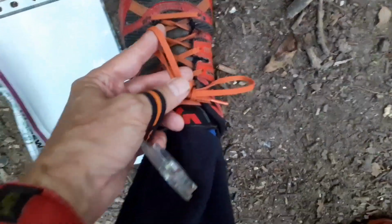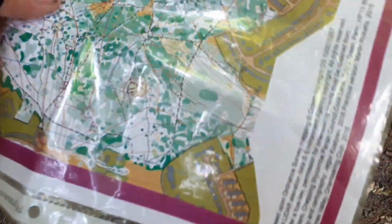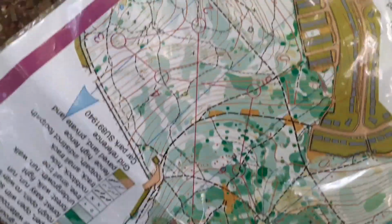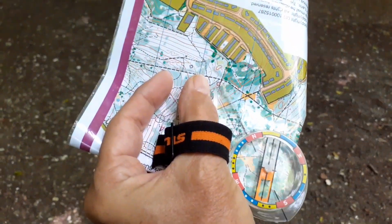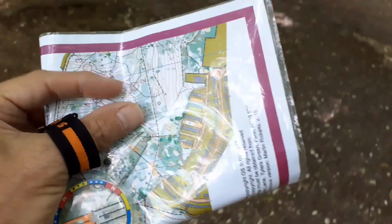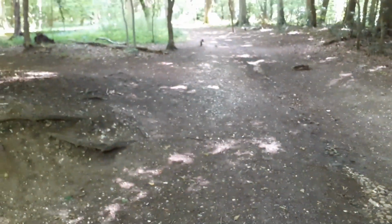Well, I just stopped to tie my shoes up, which is always a good orienteering tactic to get a bit of a breather, and it beeped to say I was near a control. I don't know what I'm near. Oh, I'm near my number 5. I'm right next to number 5. Oh well. Okay, so I've reached this crossroads and I've got to turn left like that,